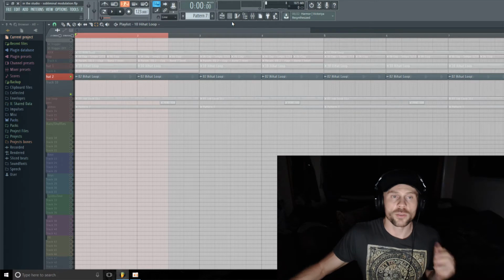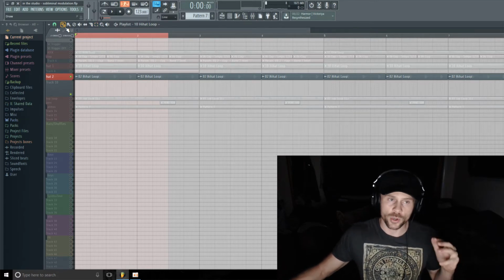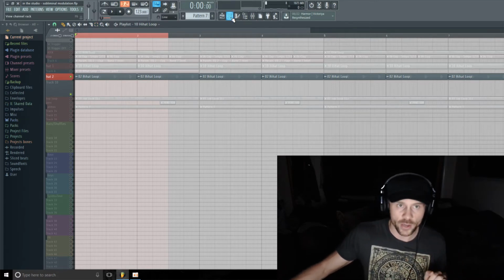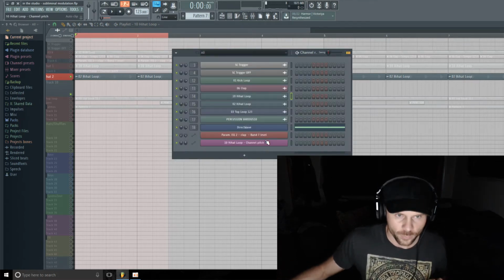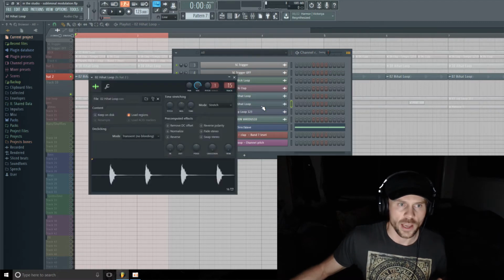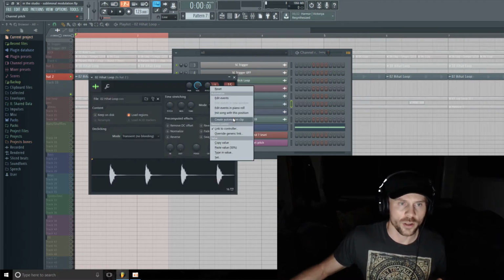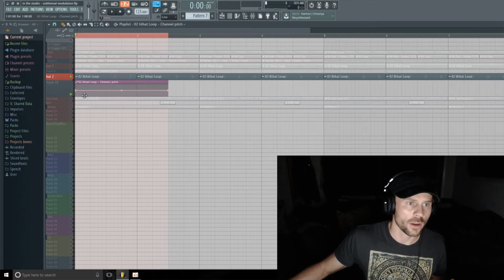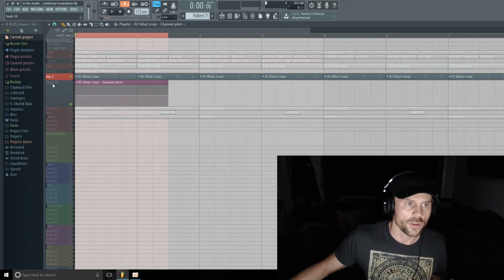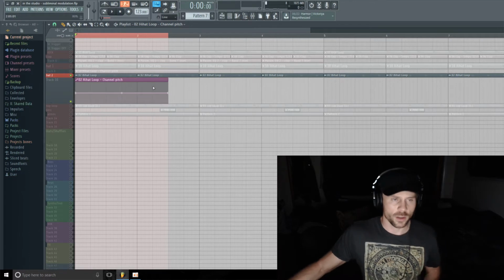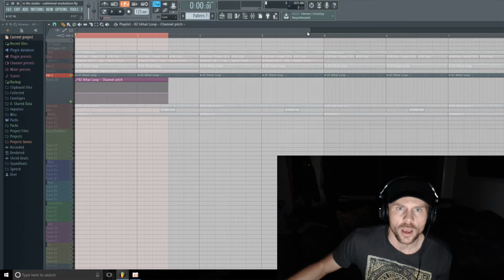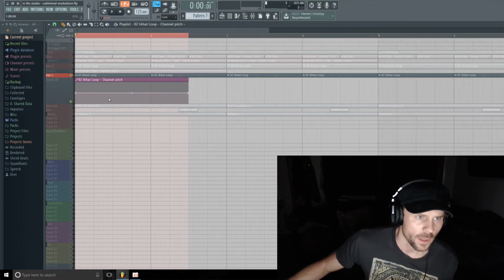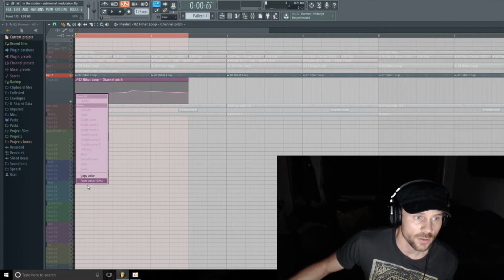And we'll be doing some pitch modulation as well, but we're going to do a slightly different automation curve with it, so it's kind of moving a little bit different than the other hat. All right, so this is hi-hat 2 here. So let's create an automation clip. Pull it down here. And so what I want to do is maybe instead of just pitching it up and having it go back down, kind of like this movement here, I'm thinking what we can do is pitch it down a little bit. So let's copy this